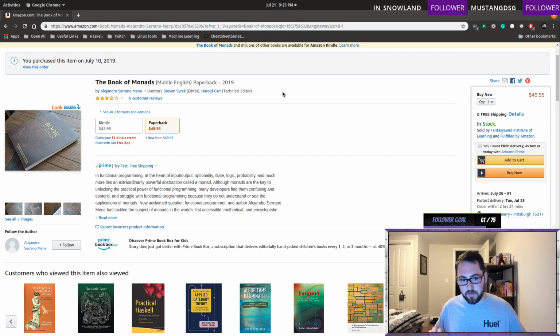I think this book specifically is designed to give us a practical understanding of monads, whereas in Haskell Programming from First Principles, it was very abstract. So what we're going to try and do is work on Book of Monads and Thinking with Types at the same time.